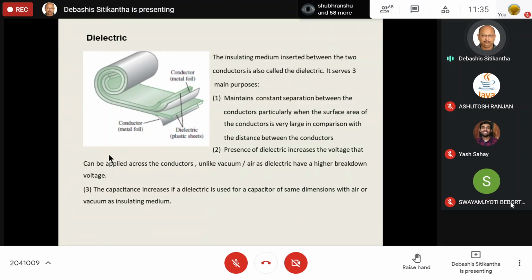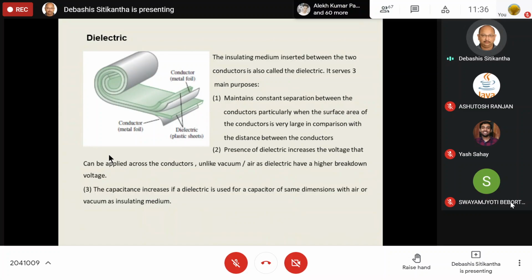So multiple insulators are used depending on their utility, their voltage rating and their thermal rating. Usually the most commonly used dielectric is the electrolytes because they not only have a very good thermal and voltage rating, but also a very high dielectric breakdown voltage. That means they can withstand very high voltage applied to the capacitor. We are not going to go deep into this dielectric. Now we will see the important features associated with the dielectric.